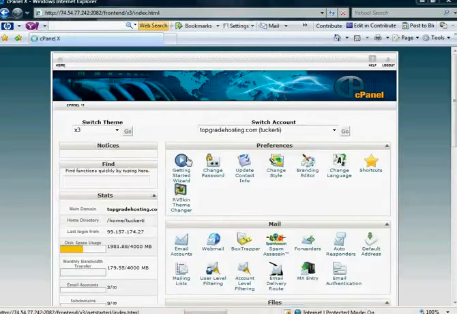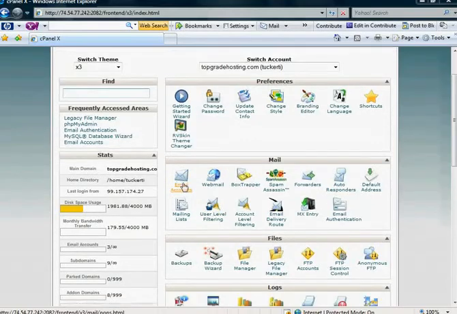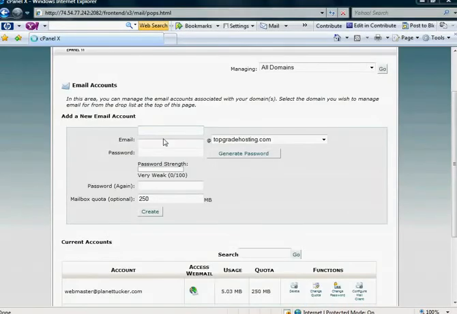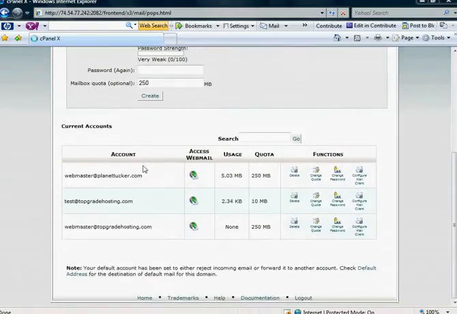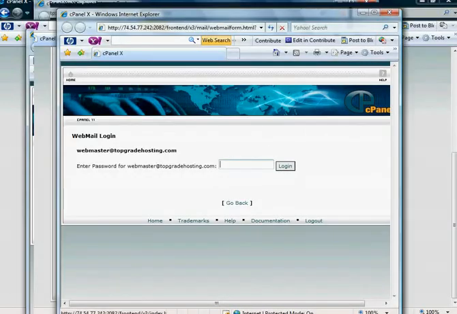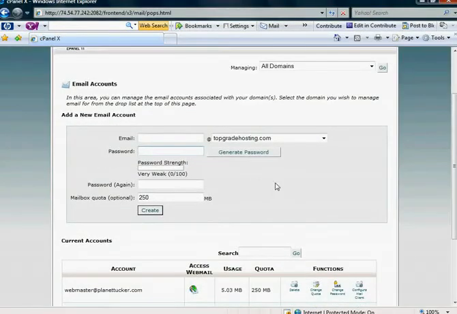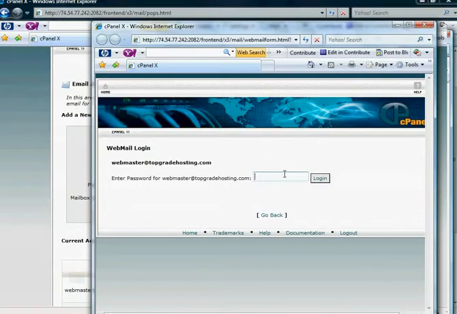Now if you have other accounts, the second way to do it, and this is the way I recommend because it ensures you're into the right account, is to go into the email accounts icon, the same place you went to create the new email account, and off to the right under access webmail, there's this little icon of a globe. Whatever email account you want to check, simply click on that, and it's going to pop up a box and ask for a password, and that password is the same password that we typed in here earlier, so that's why you want to remember it. Once you type your password in,